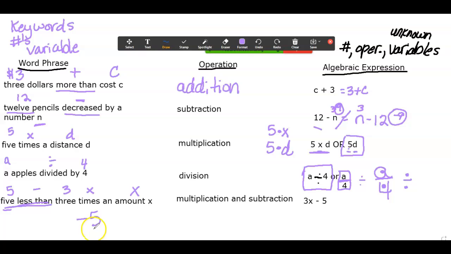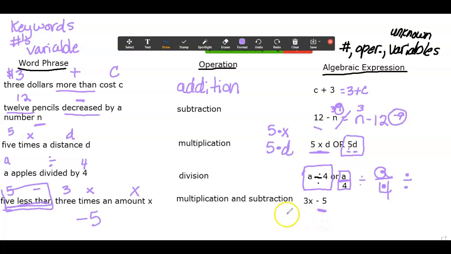Or do I need to take the 5 away from something else? Even though they have this 5 less than here first, notice over here it's actually the second operation. I can't start off with 5 less than something. I have to be able to take that 5 away from something. So there's where you have to think about your totals and your labels that we've been talking about